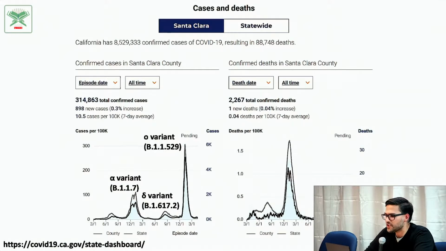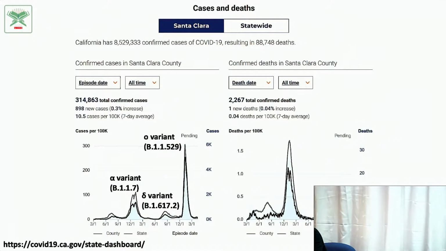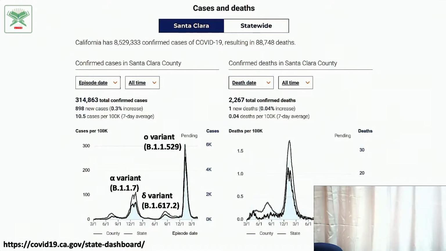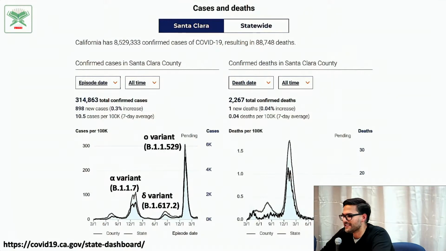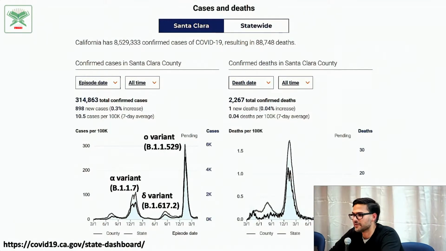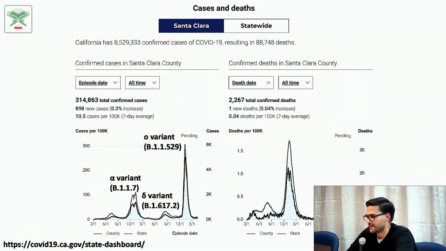And you'll see that at different times we've had different waves. So back initially, in March of 2020, you might remember we talked about flattening the curve. Well, we did flatten the curve, but then we kept beating the curve. And so we had the Alpha variant in late 2020 with the initial big surge that led to a lot of death. We had a Delta variant that was much more suppressed, unfortunately, because of vaccines. And then most recently, the Omicron variant.